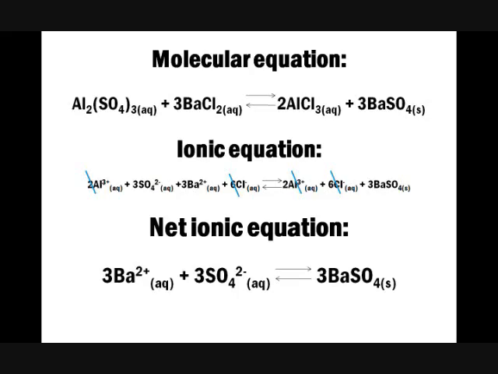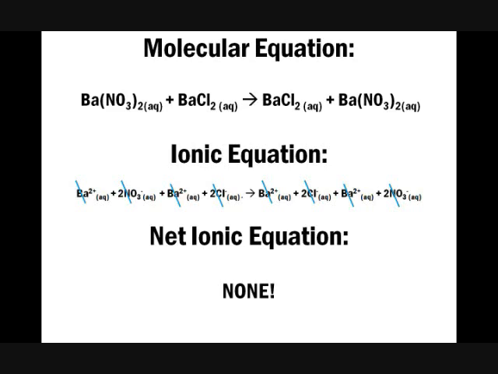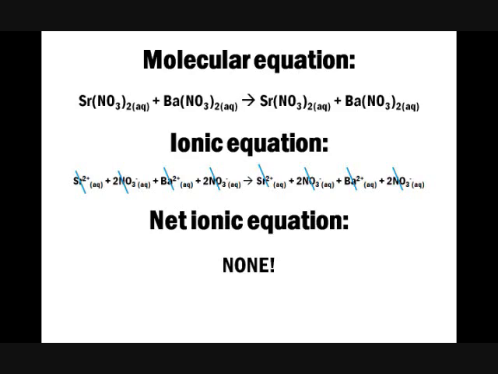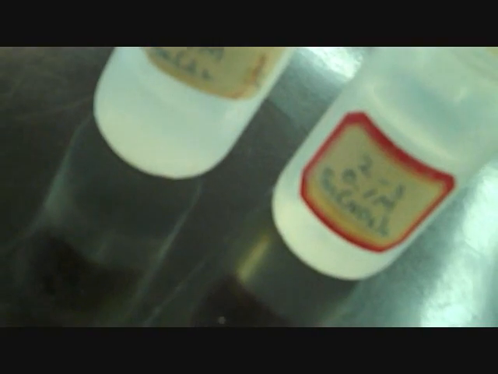Barium chloride and aluminum sulfate, and it made a very dark white precipitate. We added aluminum sulfate with barium nitrate and it made a precipitate. When we mix barium chloride and barium nitrate, it makes a little. This is strontium nitrate, and that's barium nitrate, and when we mix them, strontium nitrate and barium chloride together,